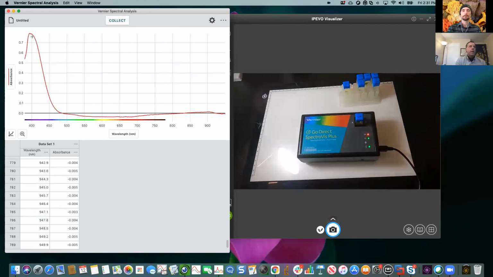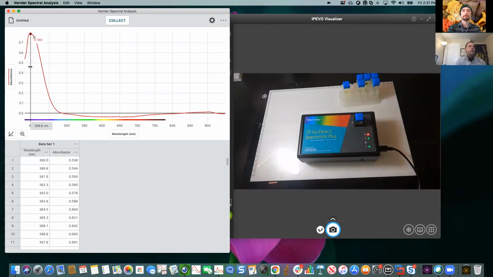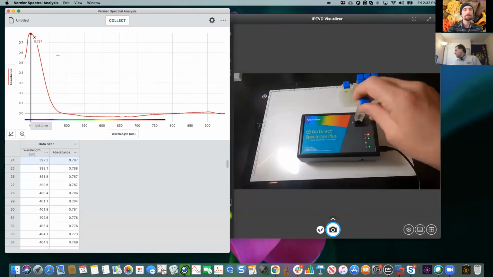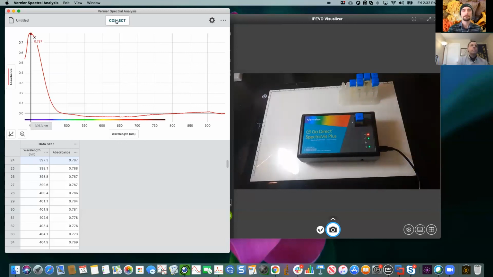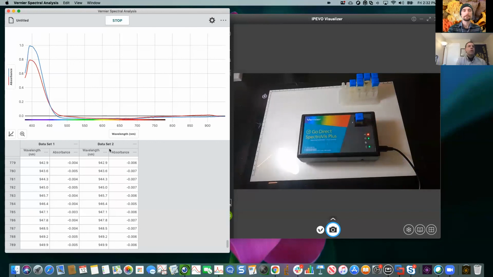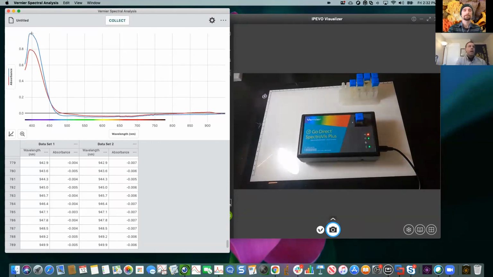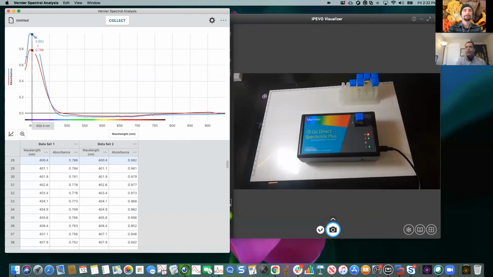We can take a look at it here, examine it. At about 405, it looks like it's got about 0.787. That's the absorbance. Let's take a look at shiitake. I'm just collecting these spectra on top of each other. Oh, look at that. Shiitake looks like it's bigger than the crimini mushroom.